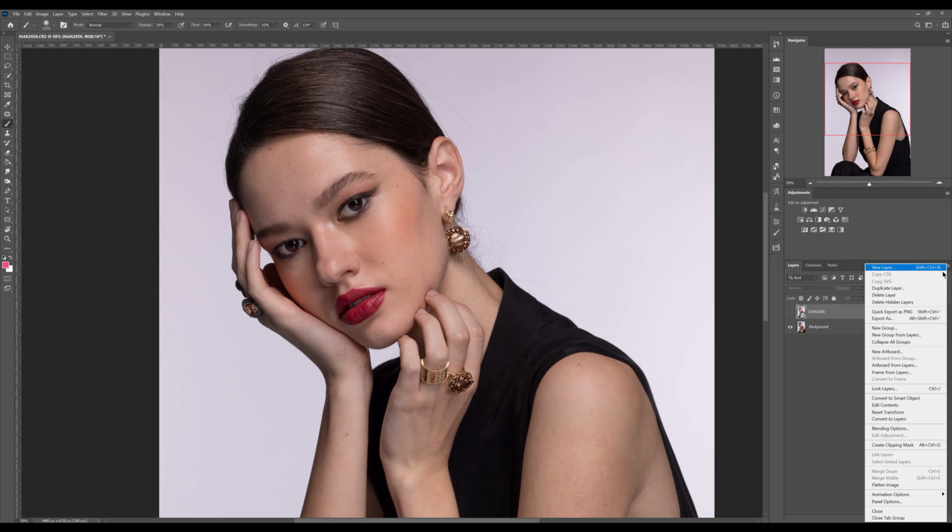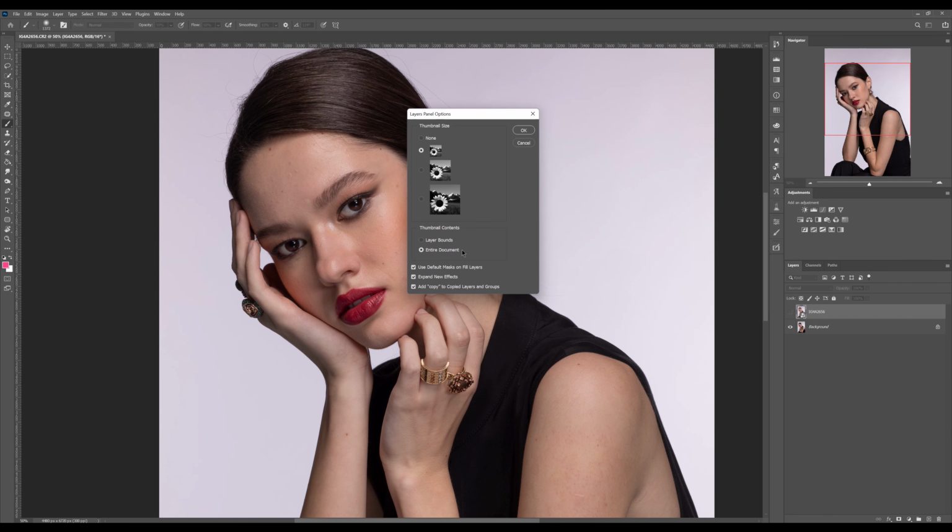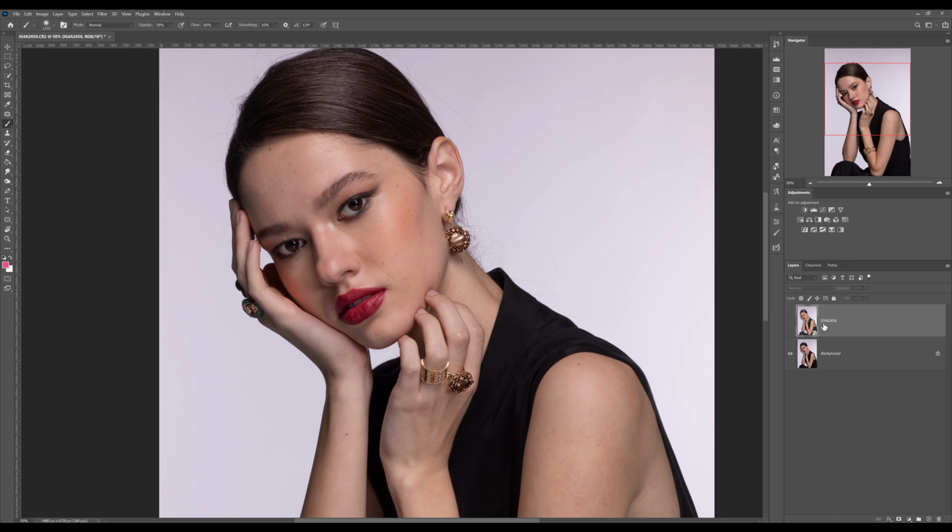What I always do in my Photoshop, I just turn on layer bounds. I don't want to see the entire document, because if I have only a line or a brush stroke, I just want to identify my layer as soon as possible, and I want my layer thumbnails to be as big as possible to see them. So this is my background image. I'm gonna rename this file dress shadows. Okay,